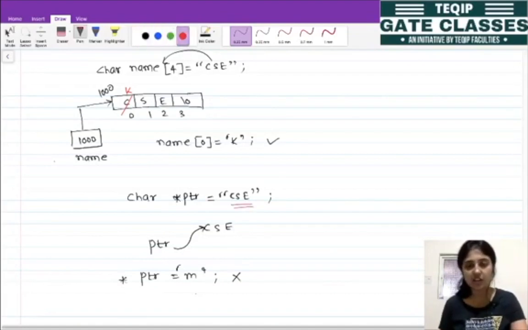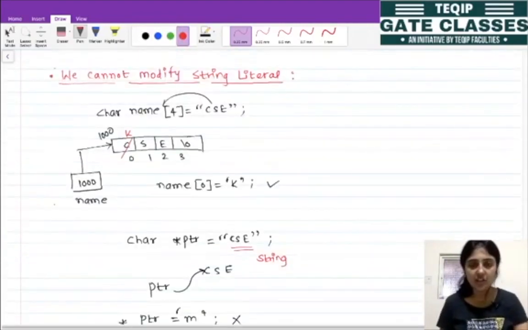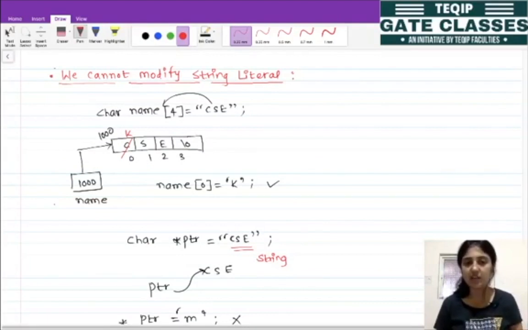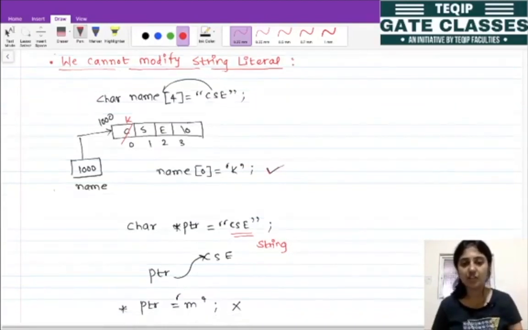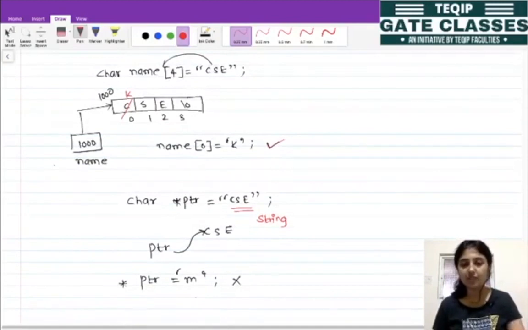It is considering it as a string, right. But in this case, this string we have assigned into the character array, so therefore the modification is possible, because we know this is the array, right. So in an array we can access this array element by some index. So yes, this is possible, but when we are using some pointer to point to the string, this string actually acts as a string, it is not being converted into a character array, so therefore we cannot modify this string literal.